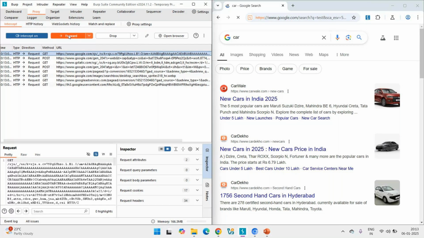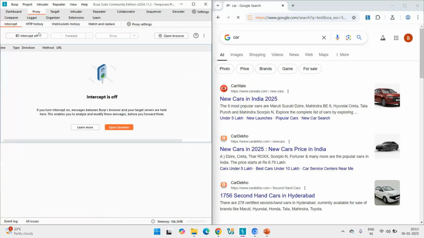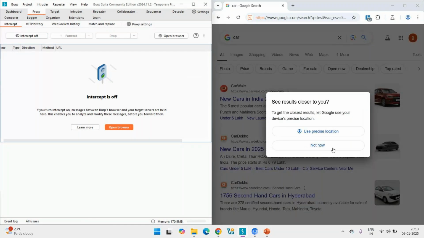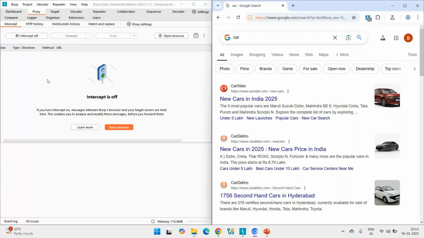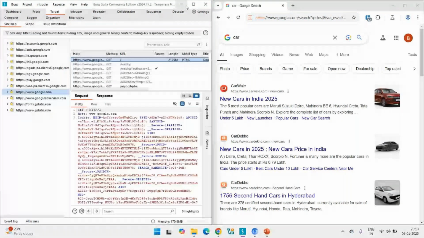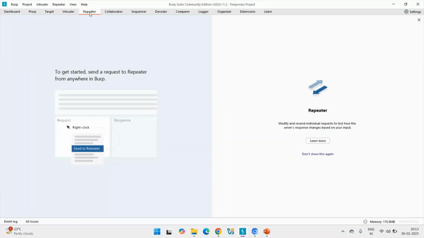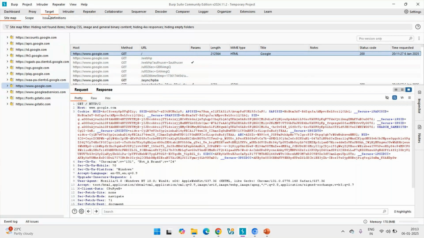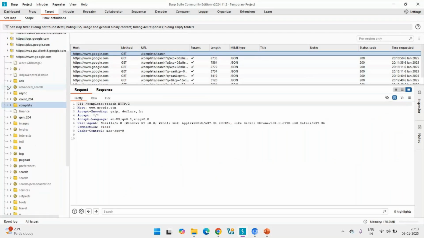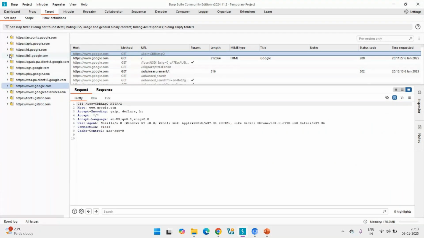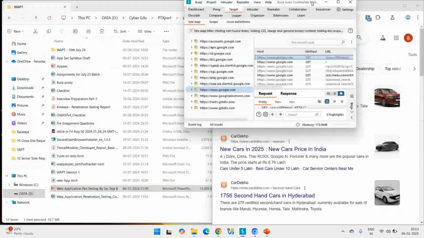I'm just telling you, we can intercept the traffic. This is a very basic example, but a lot of things we can do. We can capture the request, and from here we can also forward the traffic to other tools which we have. Intruder is there for performing the automated task. Repeater is there for performing the manual task. Target is there which will record every request going from the browser and helps us create the sitemap of the website. It's like the information gathering part. You understood why we use Burp Suite? This is for intercepting the traffic and to test it, by playing around with the